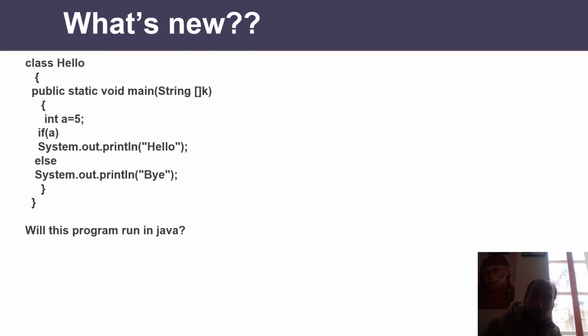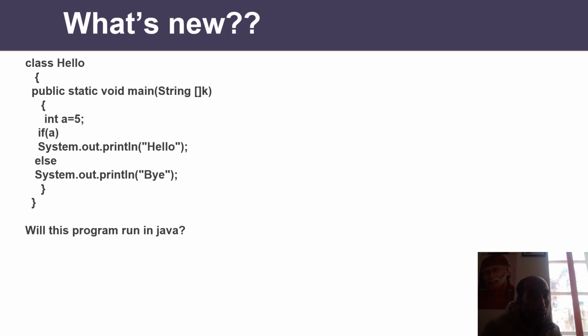Because Java supports a Boolean data type. In C, C++, the Boolean data type was not there. And because the Boolean data type was not there, for computing true and false, C or C++ uses the concept of zero and non-zero. If the value is non-zero, it is going to produce true, and if the value is zero, it is going to produce false.